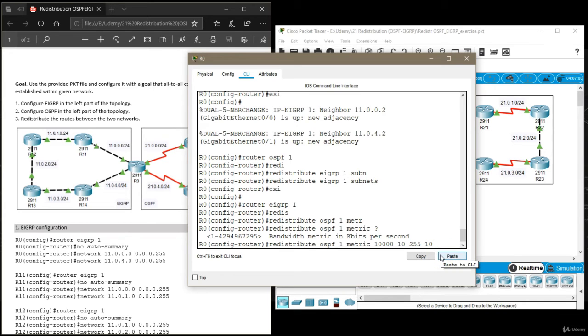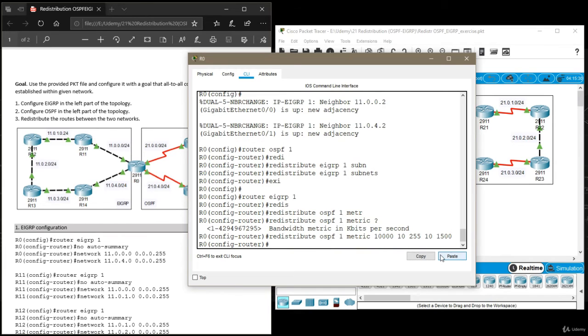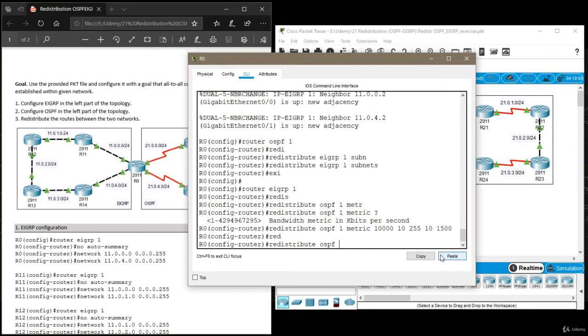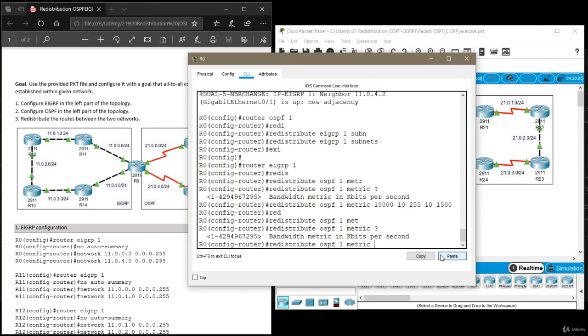And then 1500 is the maximum transmission unit value, the MTU, in bytes. So this is 1500 bytes. And 1500 bytes is the default value for Ethernet. So that's what we'll use here. And that's that. Actually, we could have used, I'm going to do it again, OSPF 1 metric, and then use the